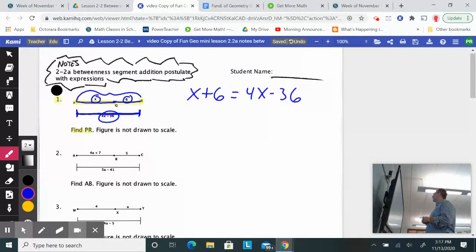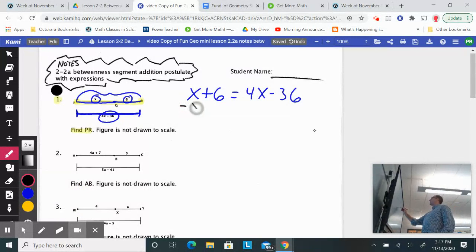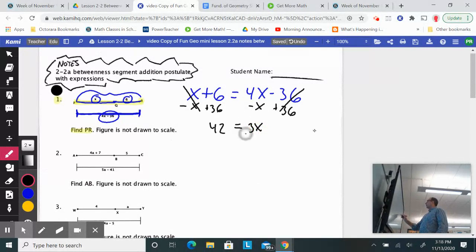Now notice we have an x on both sides, so you need to move the x's to one side or the other. Which side has more x's on? Well, there's x here, there's a 4x there, so there's more x's on the right side. So we're going to get rid of the x on the left side by subtracting x. So they'll cancel out. I then want to get rid of the minus 36 by adding 36 to the right. So I must also do that to the left side. So what I end up with is 42 on the left, 36 is canceled out, 4x minus an x is 3x,